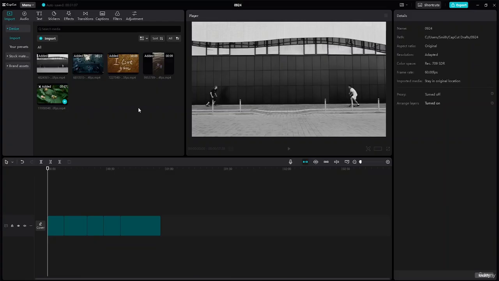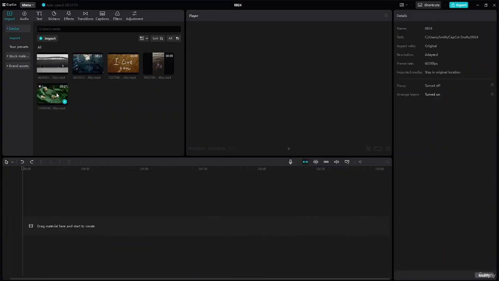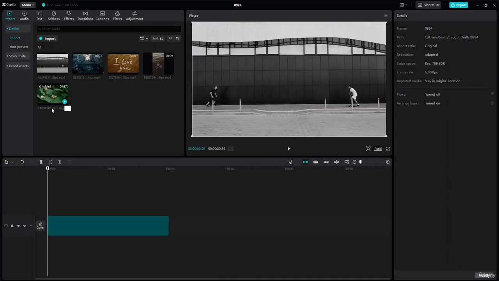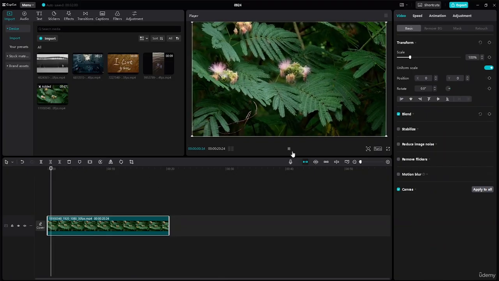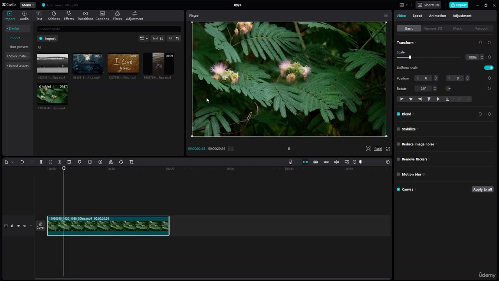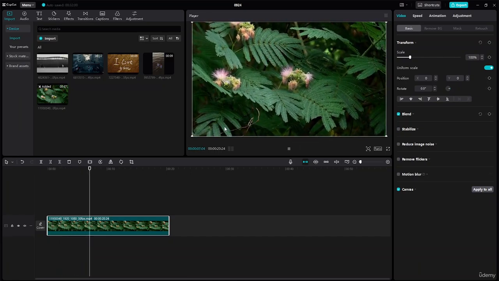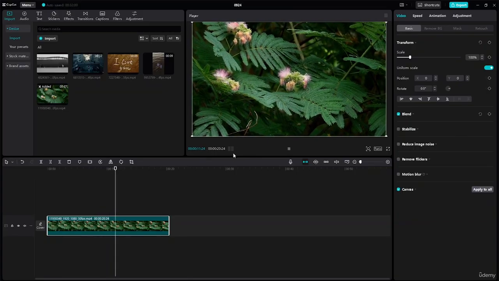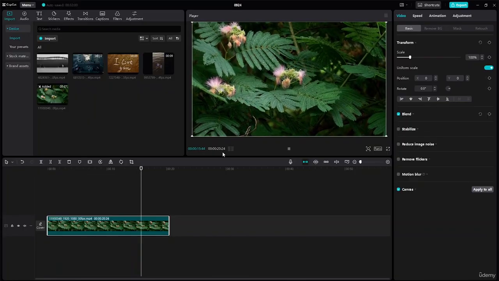Okay. Let's say if you do want to go back, again, you come right over here. Let's click on the plus sign, and this is how it is going to look like. So if you want me to play it, here you guys can see in this particular place, the playback media panel, my video is basically being played, and you can see the total duration of the video is 20 seconds